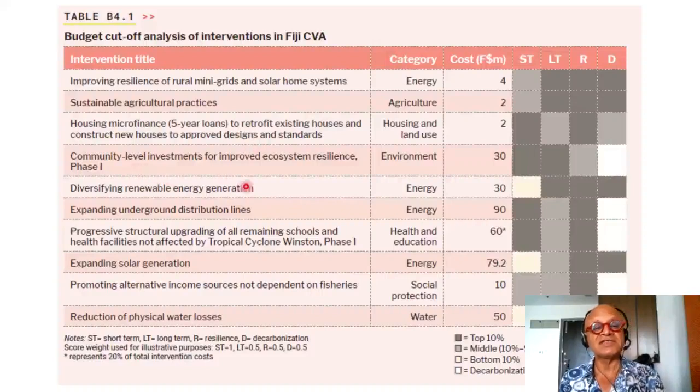Community level investments for improved ecosystem resilience, phase 1, diversifying renewable energy generation, expanding underground distribution lines, progressive structural upgrading of all remaining schools and health facilities not affected by Tropical Cyclone Winston in phase 1. So this shows future planning where even those that were not directly affected were being helped for health and education. Expanding solar generation, so that gets a high investment need,